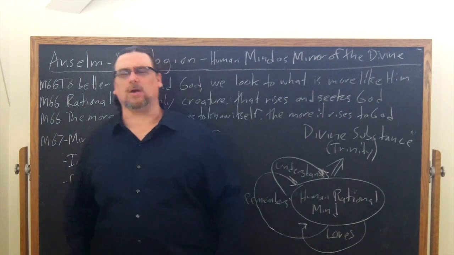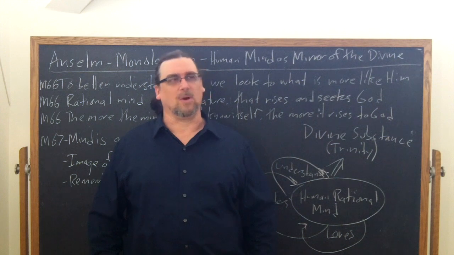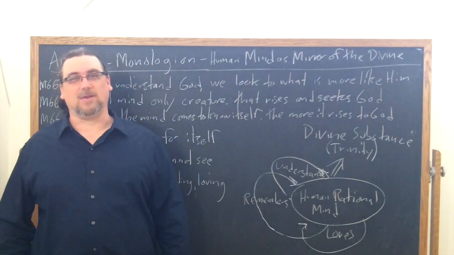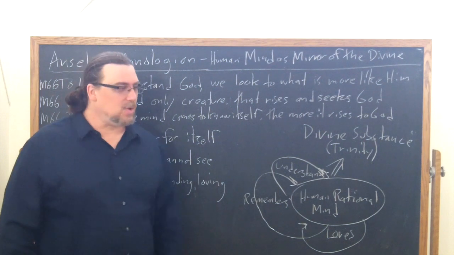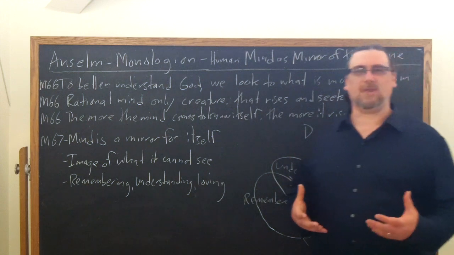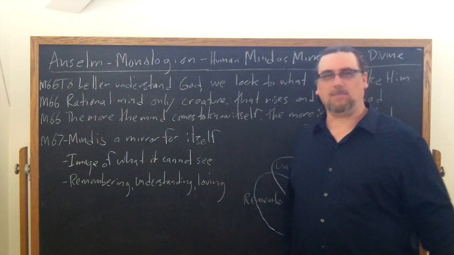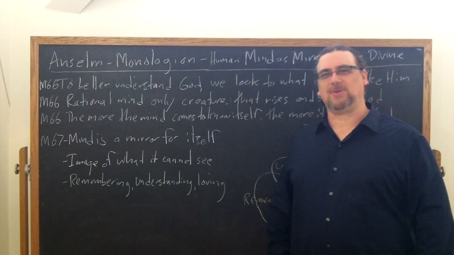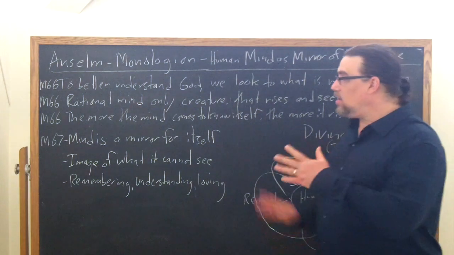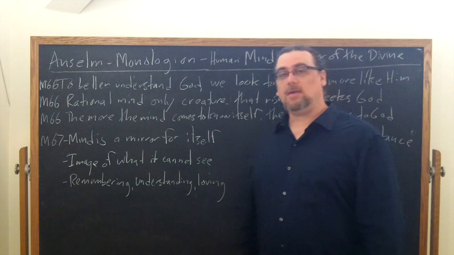An implication here is that inadequate ways of understanding yourself, or you might say less than truthful ways of trying to understand yourself, are actually going to be impediments not only to understanding oneself, but to understanding God. Insofar as we're not entirely what we want to be, we are the obstacles standing in the way of understanding the divine. In chapter 67, he's going to bring this home, and he says, look, the mind is, as we